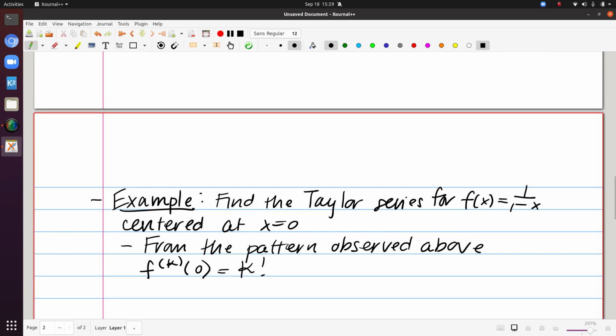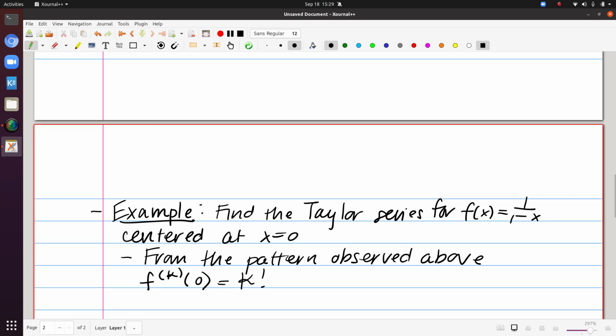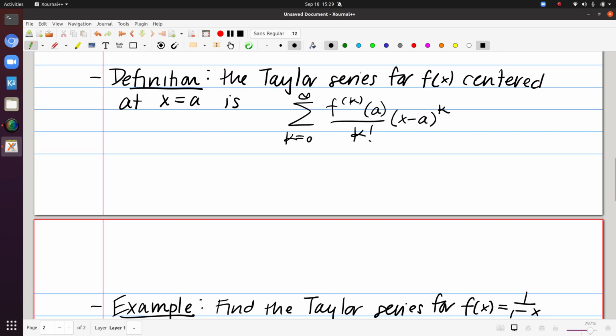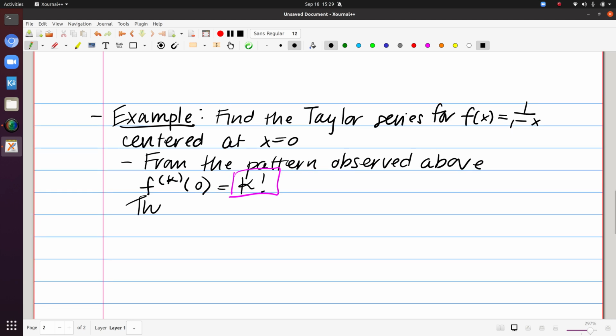So realistically, we can't find infinitely many terms, but I'm trying to notice a pattern. So now, I'm going to come back up to my definition of the Taylor series. And what you should notice is that once I know the center, and plug that in for a, for any function, what I'm tasked with finding for the Taylor series is simply the kth derivative evaluated at 0. So we've just observed a pattern here. I'm saying that that is k factorial. So the Taylor series then